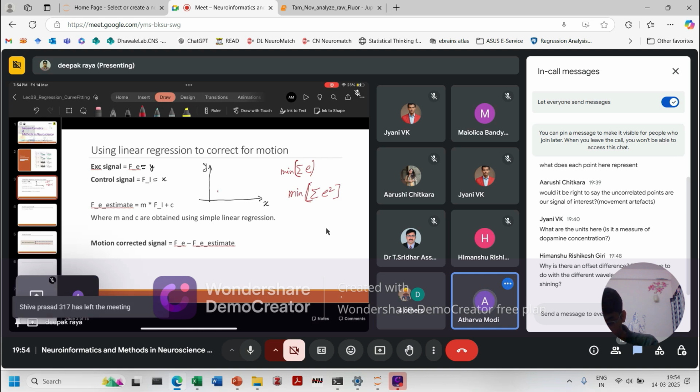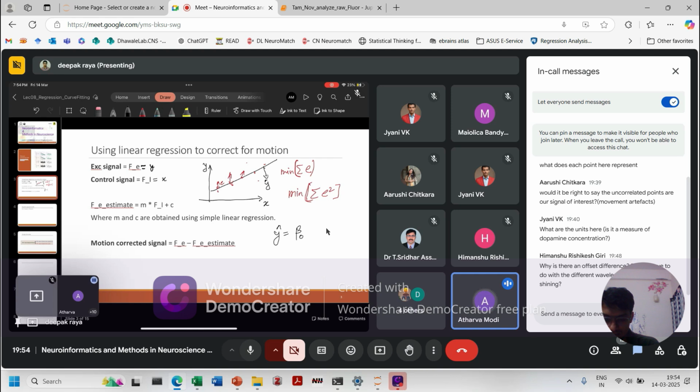If these are your points, you draw any arbitrary line and you minimize these errors. This line is called the y cap line, basically. So here y cap is equal to